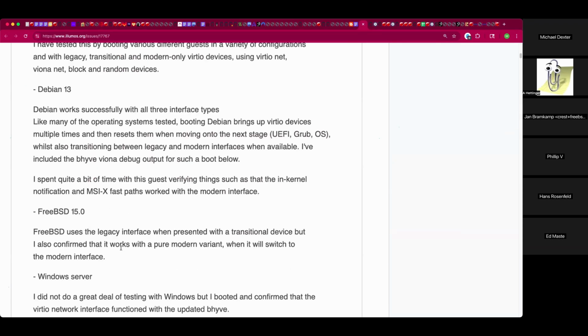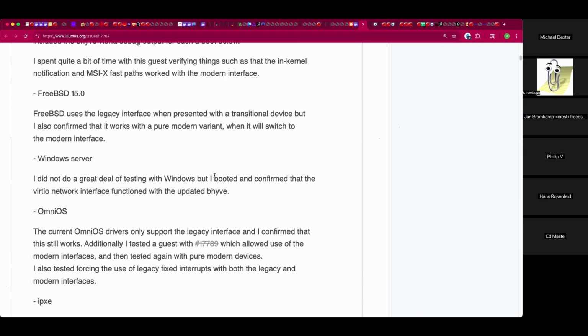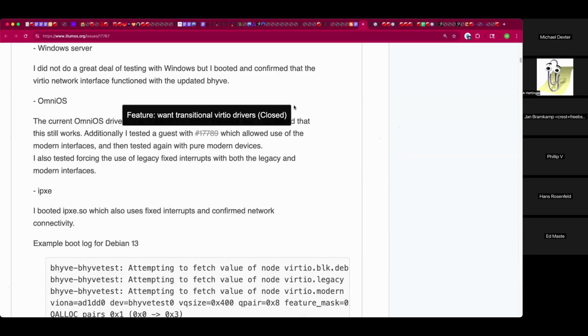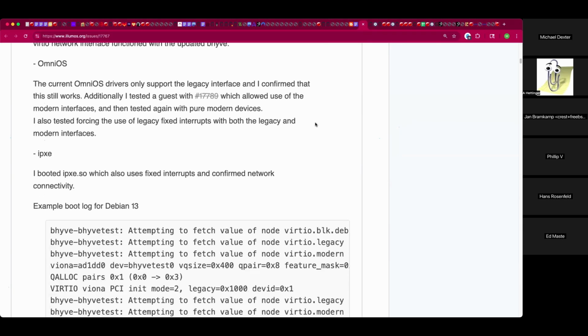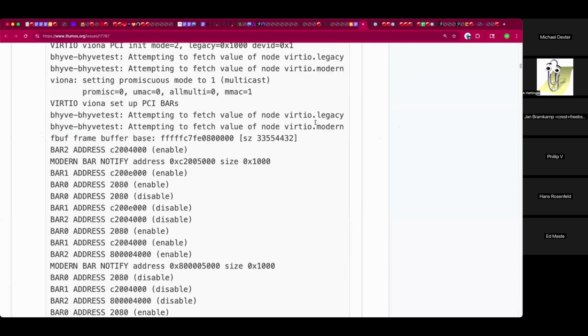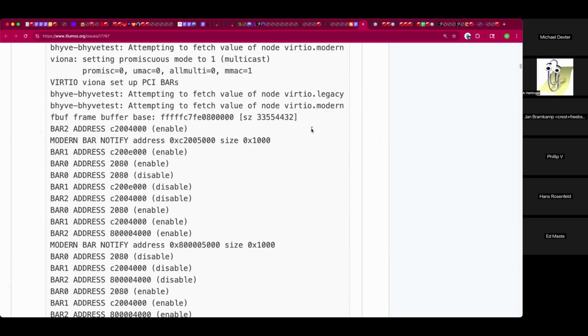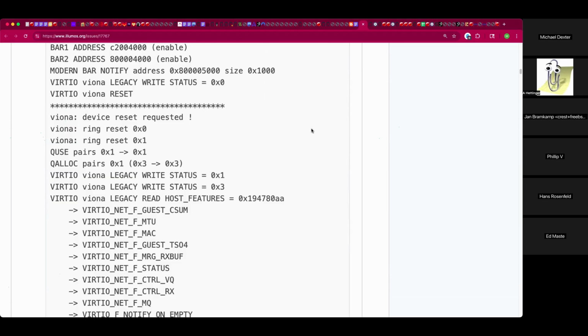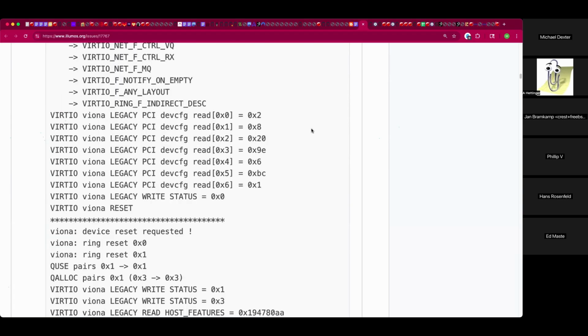Okay. What is the state of the new device on illumos? Is there an option to have purely the new spec, ditching the old one? No, not really. I mean, the idea is that the guest driver just tells the device how it should behave. Got it. And the guest driver either gets the legacy interface or the more modern one. Okay.